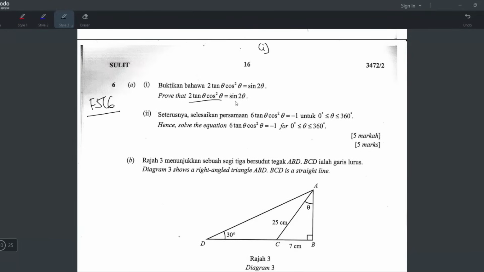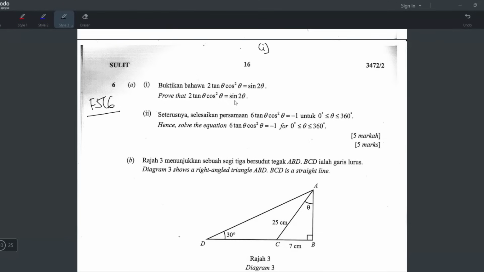Okay, always check the left hand side, right hand side, and start from the side that is more complicated. So which side is more complicated, left or right? I know it's left. It's definitely the left hand side that is more complicated because a lot of things I can change. The tangent I can change to sine over cos. The cos squared also I can use the basic identities. Right? But the right side,